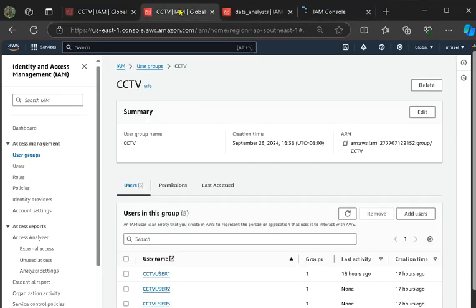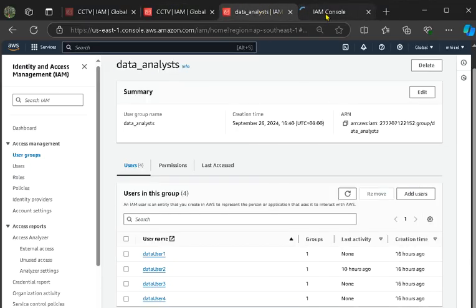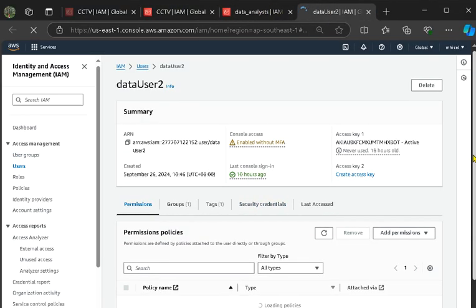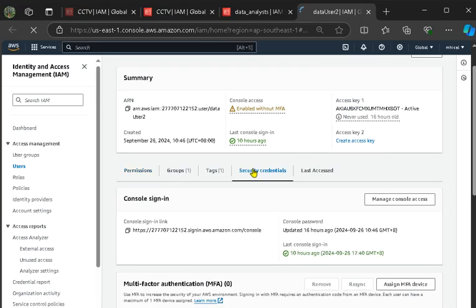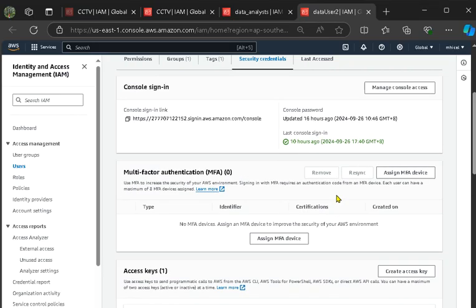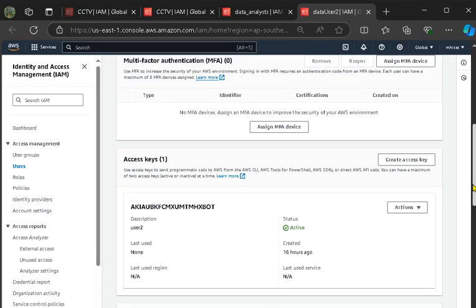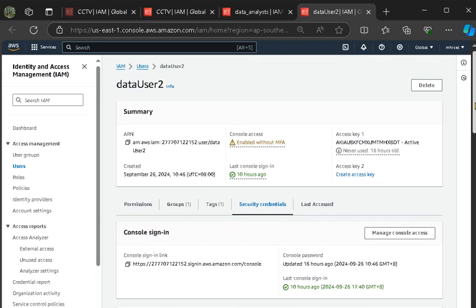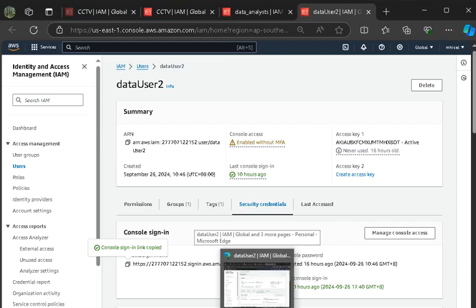Let's log in as user 2. Security credentials. As you can see here, the access is already active.